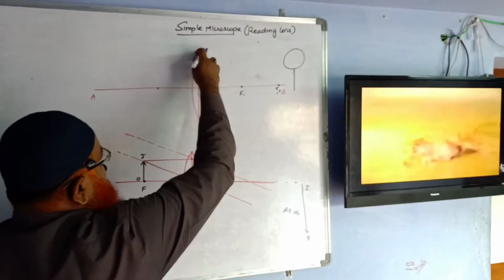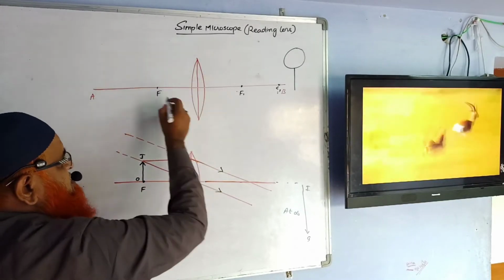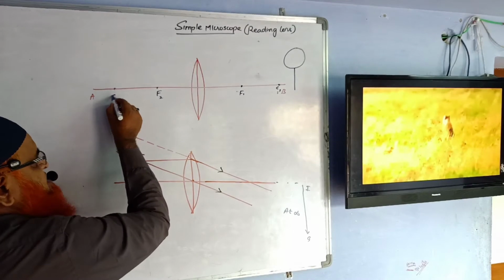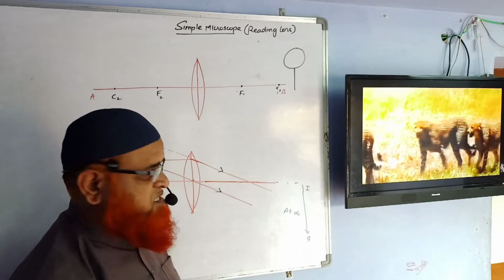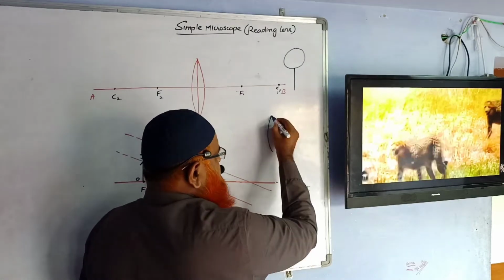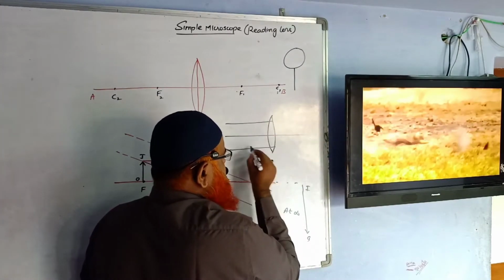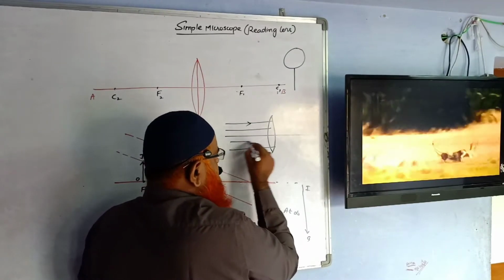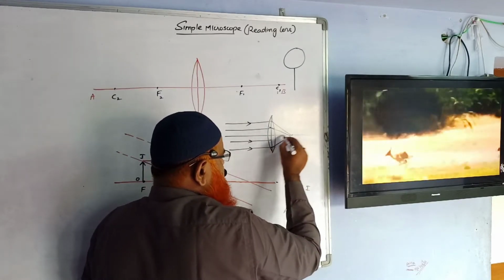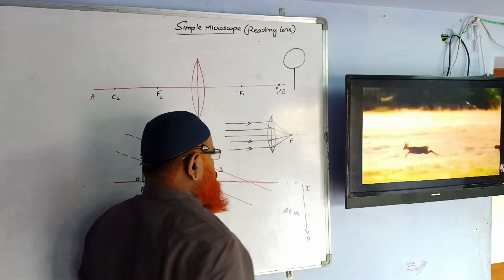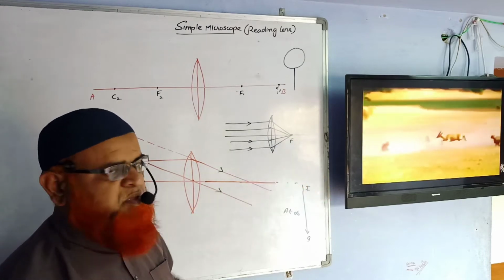And this side, the second curvature is this one, so the principal focus of that curvature is at this place, and the center of curvature is at this place. What do you mean by focal point, or principal focus here? It is very simple. Principal focus is nothing but this: whenever a parallel beam of light rays passes through the lens, all the light rays are going to converge at one particular point, that is called the principal focus.